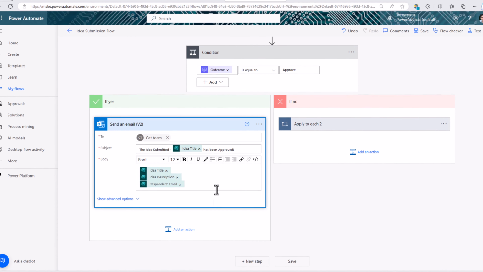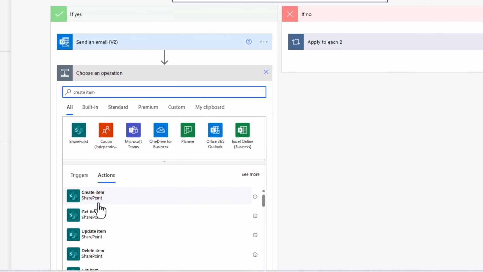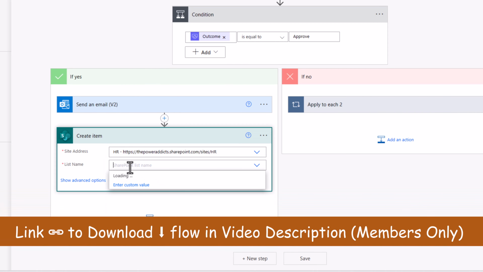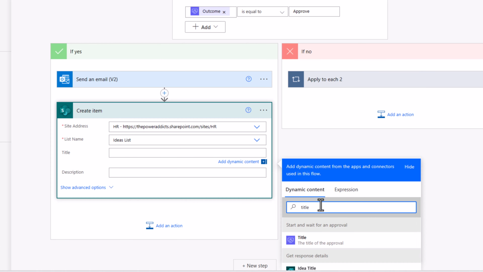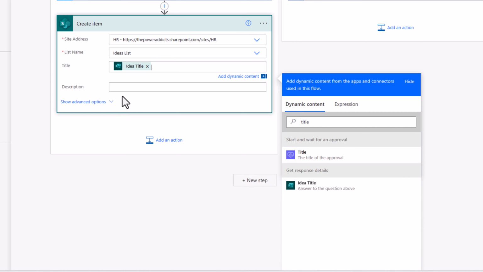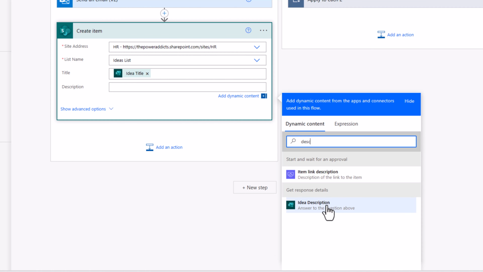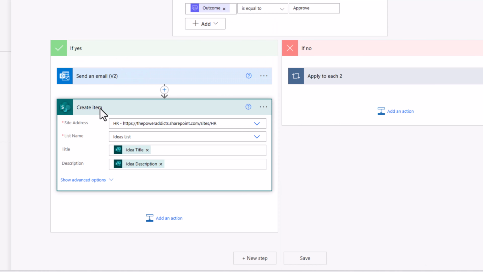So when the approval is approved, in the yes branch, I'll add an action to create an item in my SharePoint site, which is HR, and my list is called ideas list. The title will be the dynamic content idea title coming from the Microsoft form, and the description will be the dynamic content idea description coming from Microsoft form. Now this step only creates the item in the SharePoint list, but I also want to add my attachments. I will add an action,